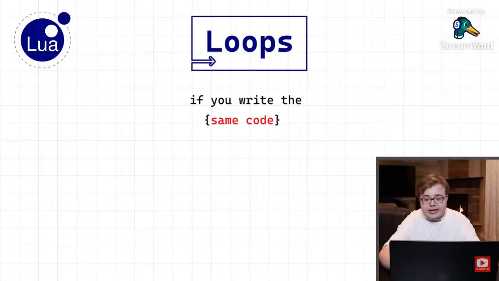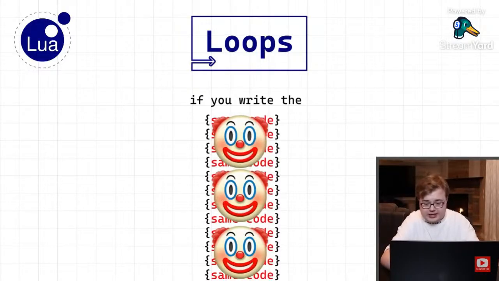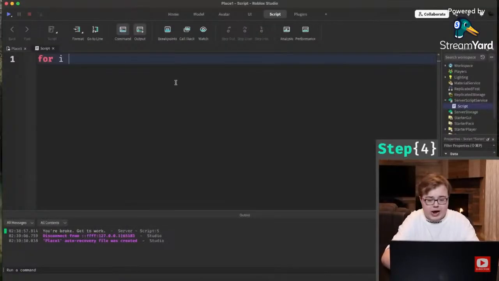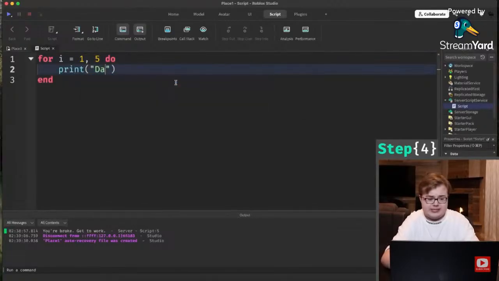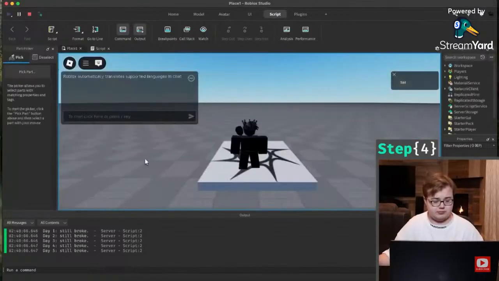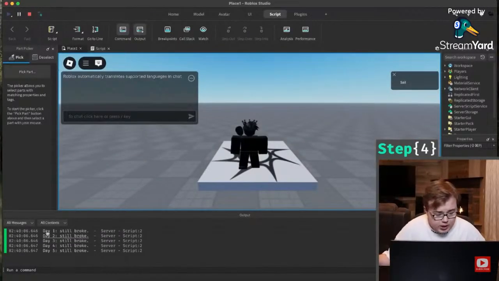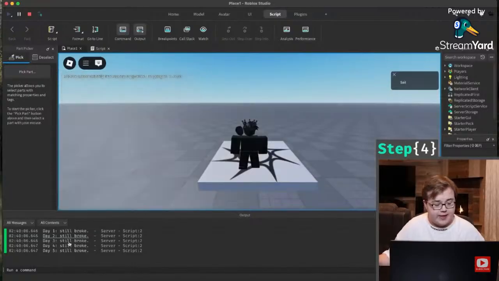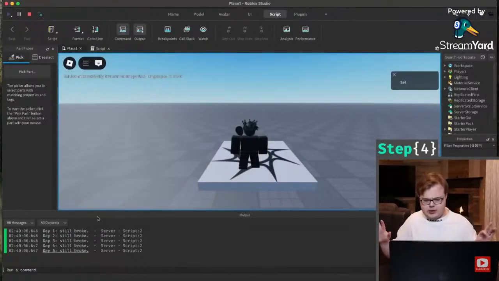If you write the same code over and over, you're an idiot. Loops fix that. For i, 1, 5, do. Print day, i, still broke. Let's output this. Oh, look. It prints day 1, you're still broke. Day 2, you're still broke. Day 3, you're still broke. Day 4, you're still broke. And day 5, you're still broke. It runs 5 times because